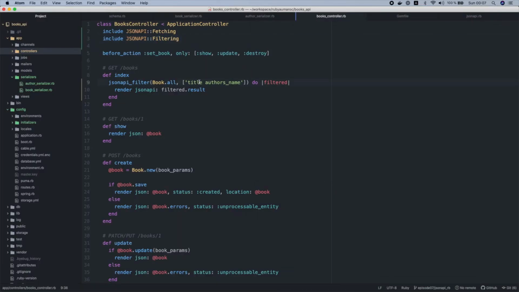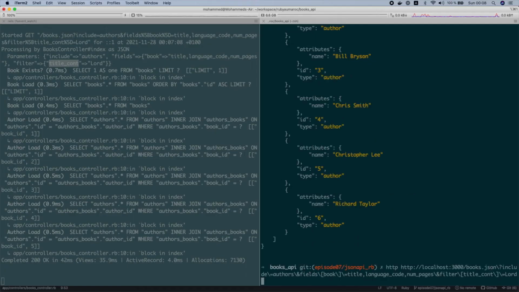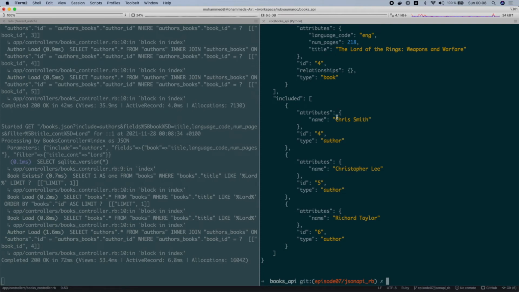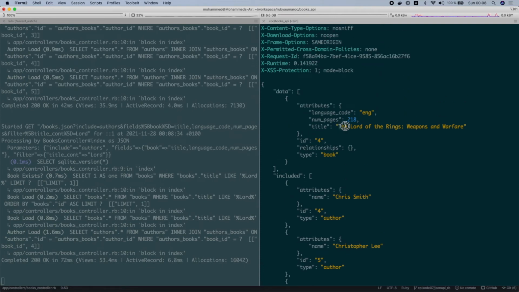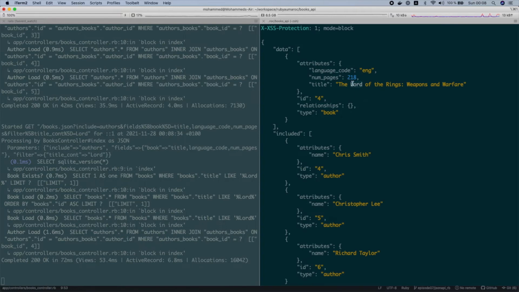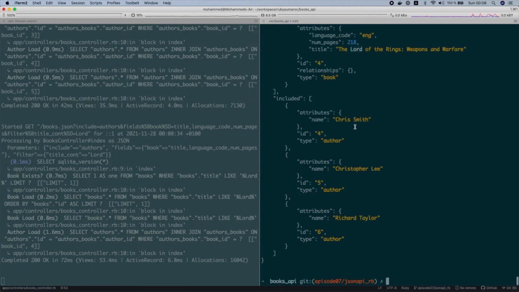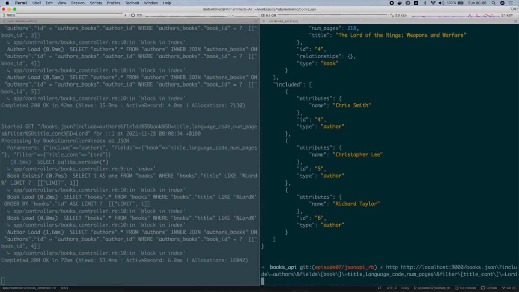Oh yes, here we have to pass an array of the allowed attributes. Let's give it another try. Yeah, great. So here we return only one book whose title contains Lord. We can also change this filter to